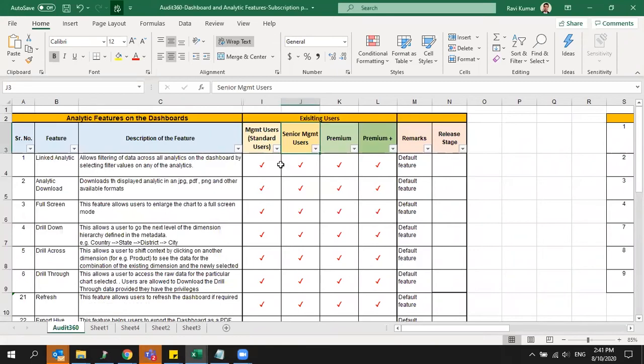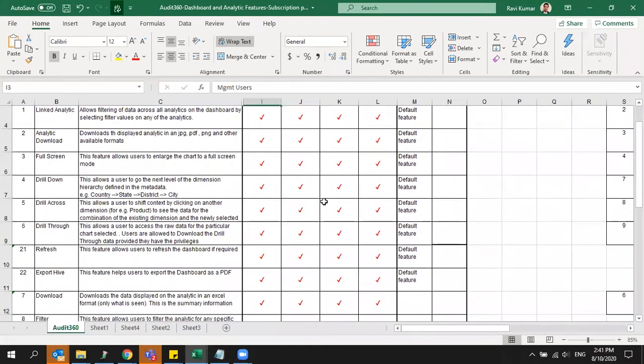Now, while Plus gives a certain level of access, the dashboard also gives a facility to restrict some of these actions. For example, in Plus itself, there is a chart level download access and a drill down access. Some of these actions may not be required for some of the users.